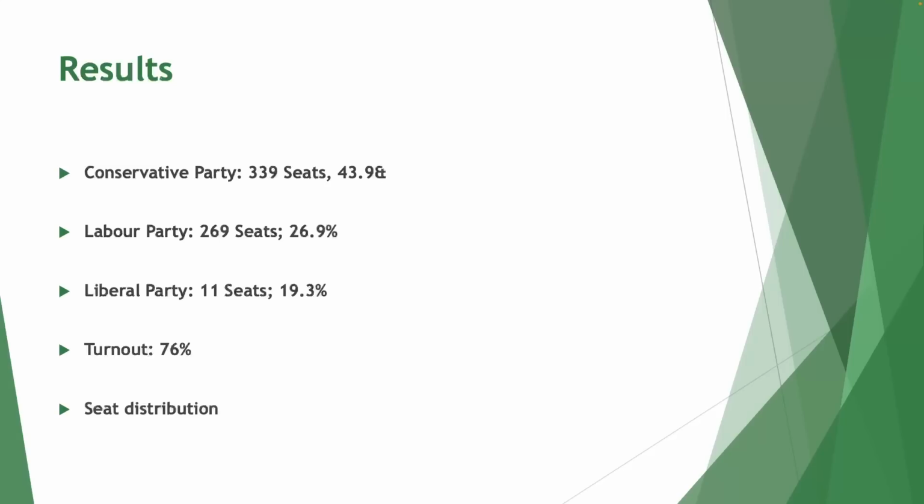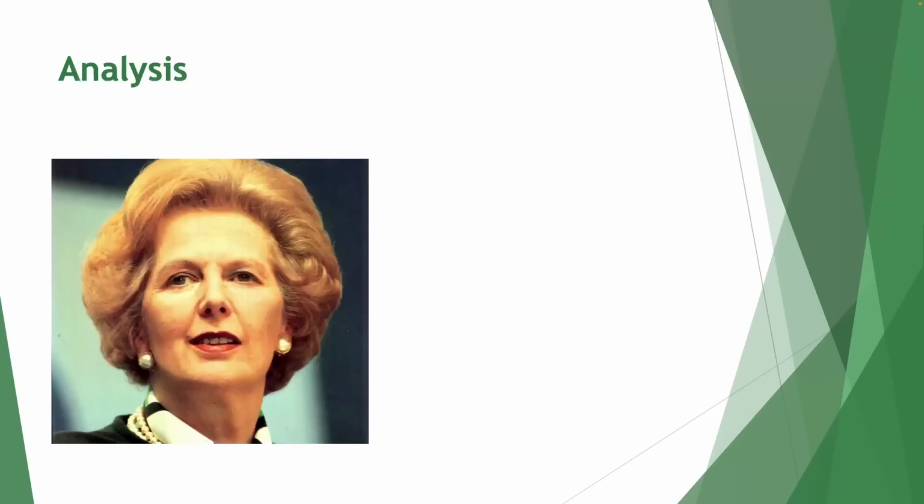And we can clearly see that the Conservative Party, securing a majority of 43 seats, gaining 70 more than the Labour Party, and winning 43.9% of the votes, clearly showed that they had translated a majority into the House of Commons. Now, in terms of analysis of this particular result, you can clearly see that one of the main reasons